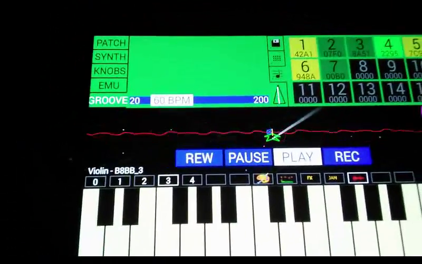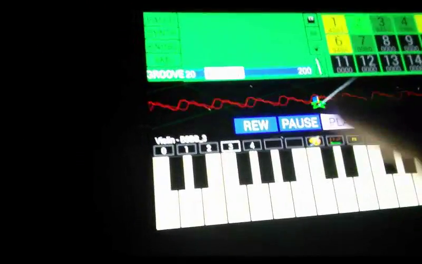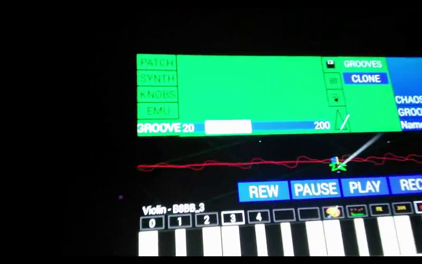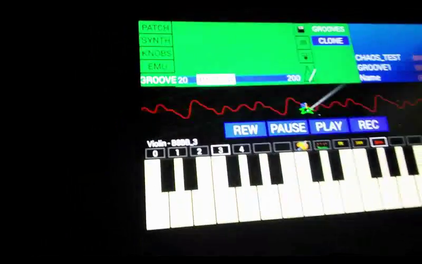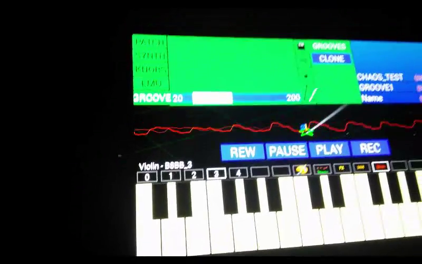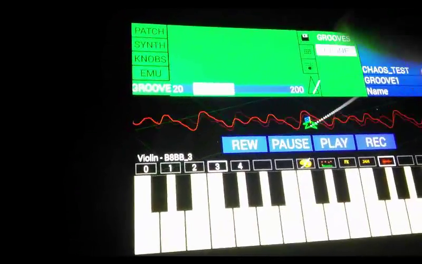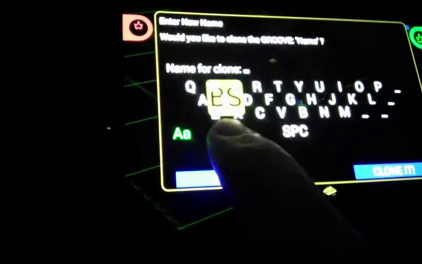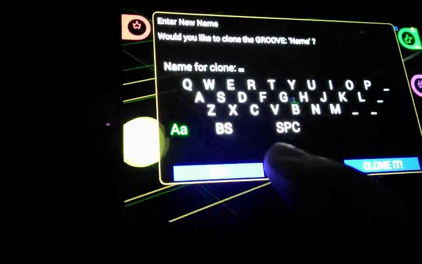Anyway, I'm going to say that we love this song, and we just totally love it, so we don't have to listen to any more of it. And now we push this really tiny button here. And now, because we're listening to something that we like, we would like to keep a copy of it. So we say clone, and then we give it a name,